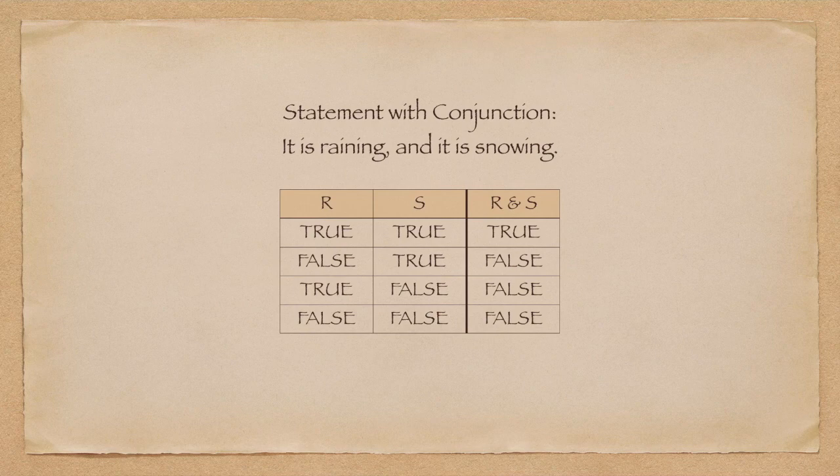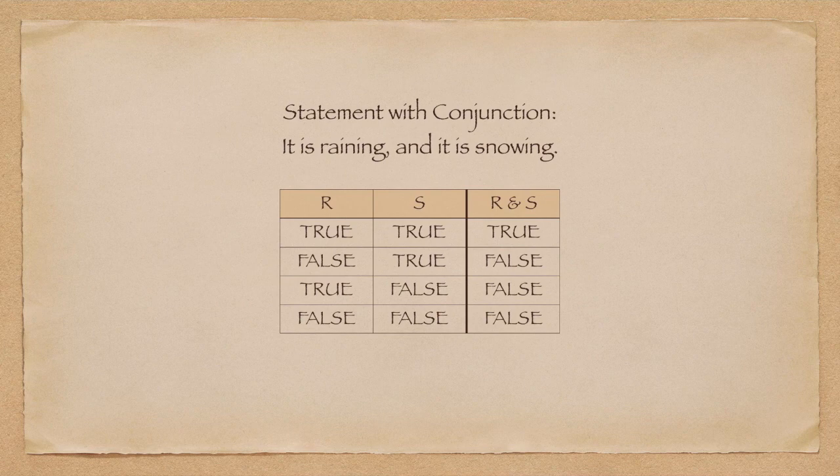If we had 3 parts to our statement, it is raining and it is snowing and it is foggy, we would then take the cubed power of 2, which would be 8 possibilities. But for right now, we only have 2 statements, so we are left with only 4 possibilities. Now, because a statement can only be true or false, that means we have to try to arrange our table in such a way where all possibilities are demonstrated. So if the first statement is true and the second statement is true, then we look at our rule for conjunction statements.